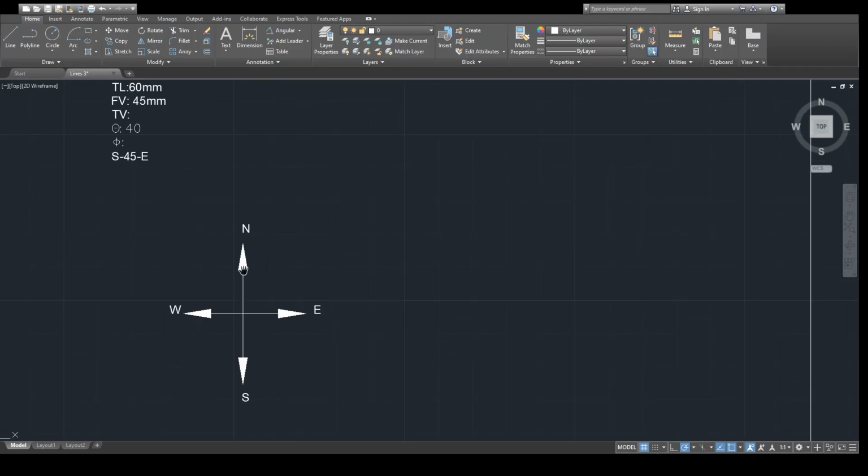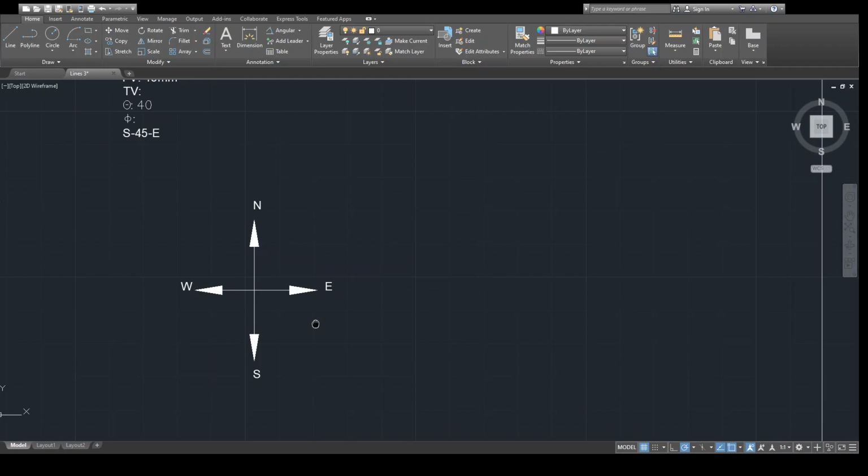Suppose N30E, it means from north to east 30 degree. Suppose it is given E70S, it means from east towards south 70 degree. So it is very simple.